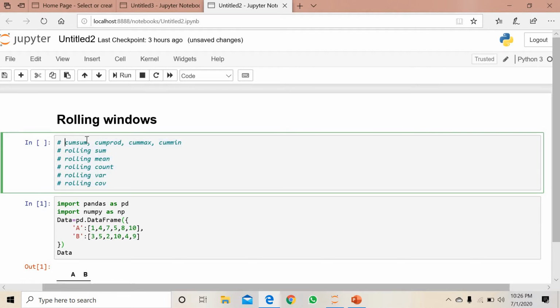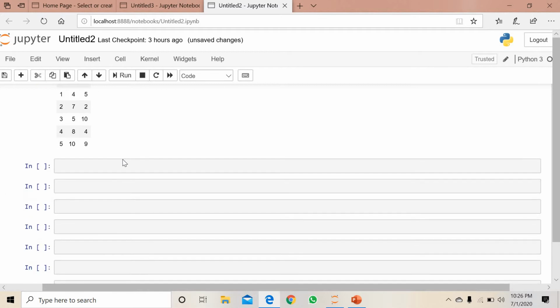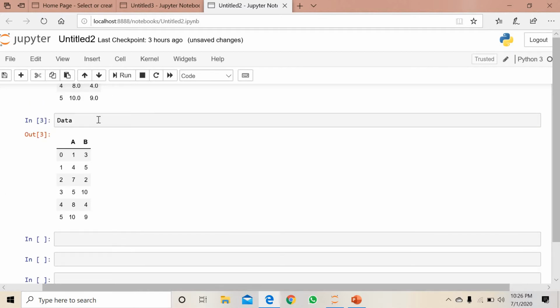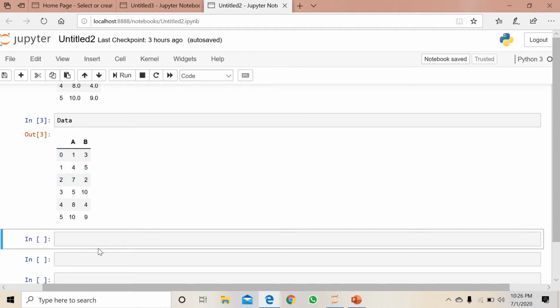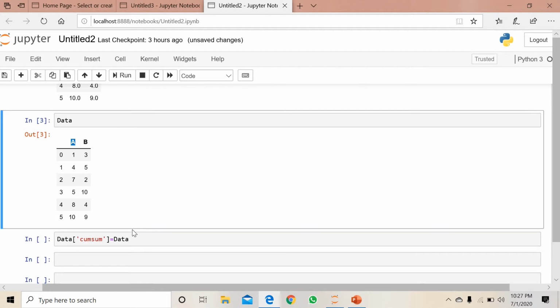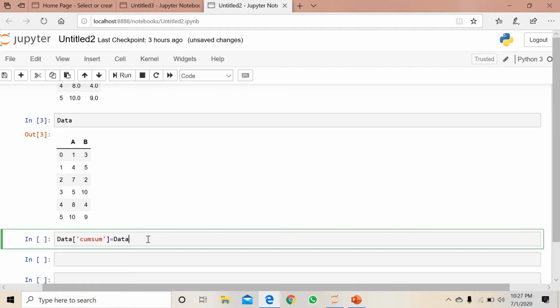First of all, we'll see cumulative sum, how this will work with this dataset. Simply, we'll add one column inside this one, cumulative sum. We have two options to fetch a column. Let's say you want to do the cumulative sum on the first column, column A. Simply we can do it like this, or one more way is data.A.